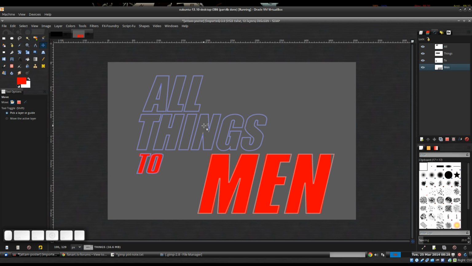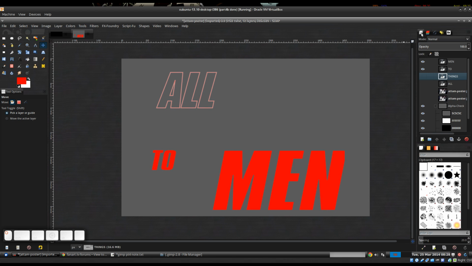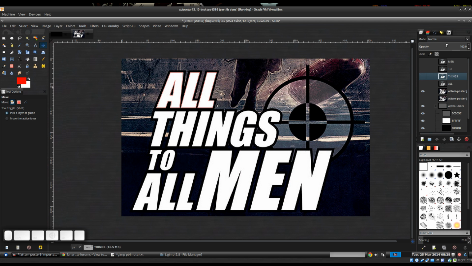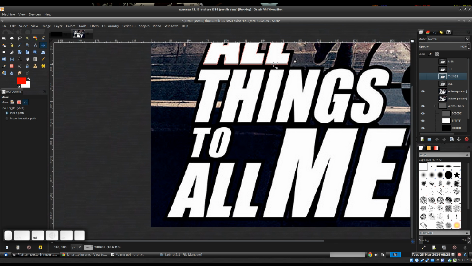And before I go away, I'll actually show you this part too. So I'm going to duplicate this layer. I'm going to turn off all the other layers. We'll go back, turn this on so we can line it up. Get rid of those. Alright, so I'm going to use my move tool with the control hit